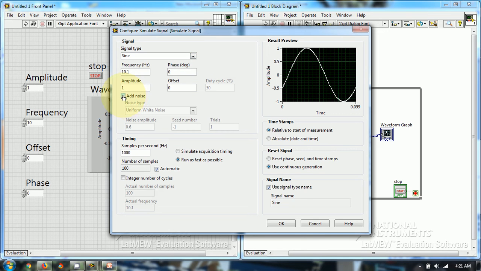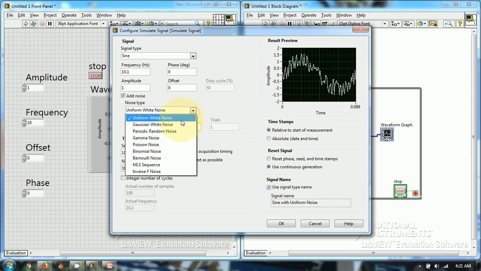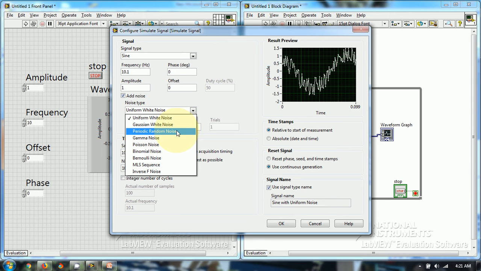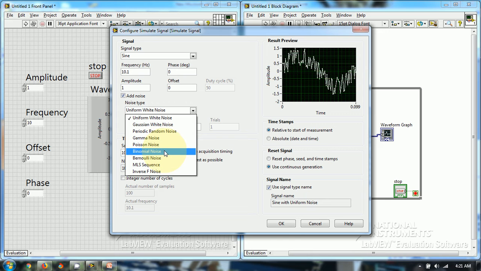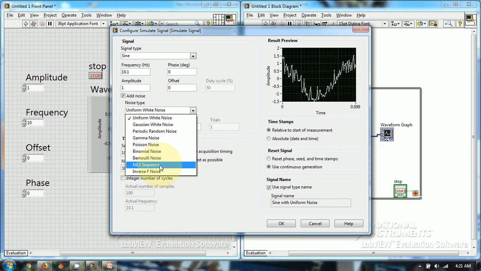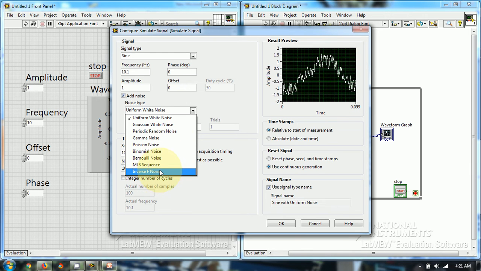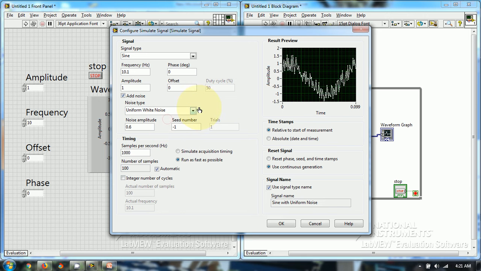You can add noise to it. You can add uniform white noise, Gaussian white noise, periodic random noise, gamma noise, Poisson noise, binomial noise, Bernoulli noise, MLS sequence, inverse F noise. So let's first select the uniform white noise